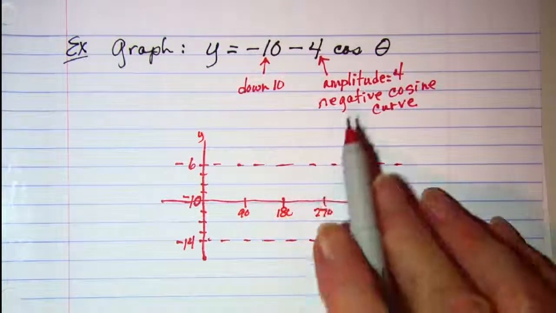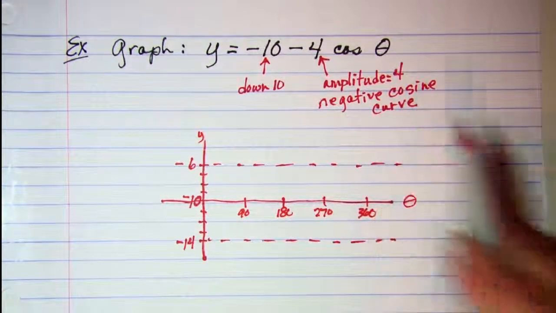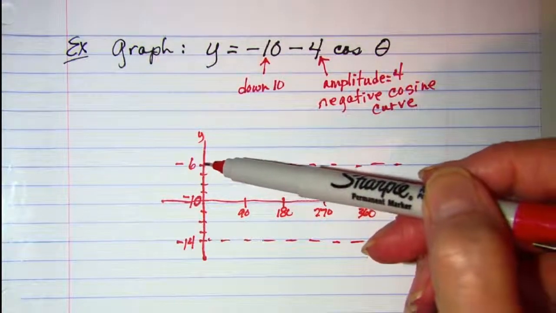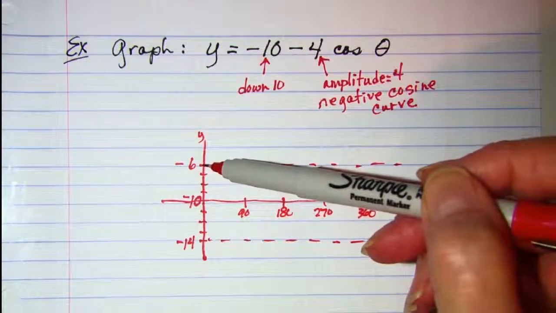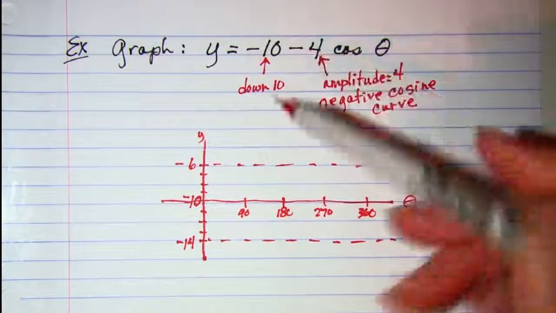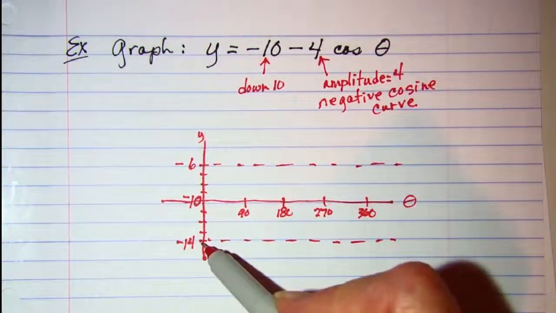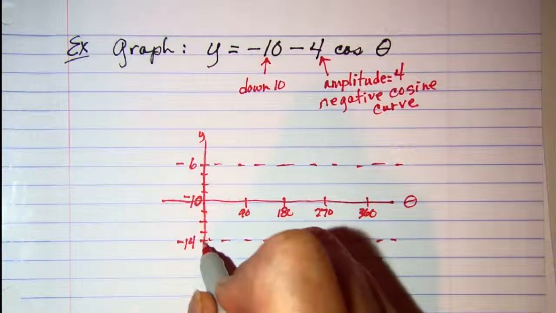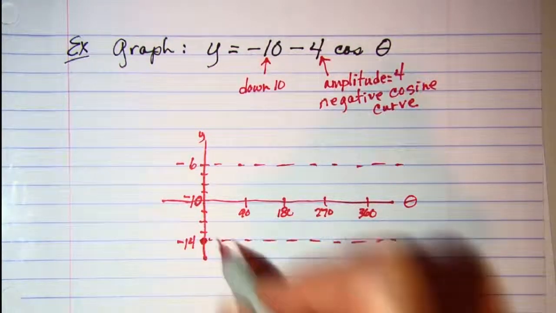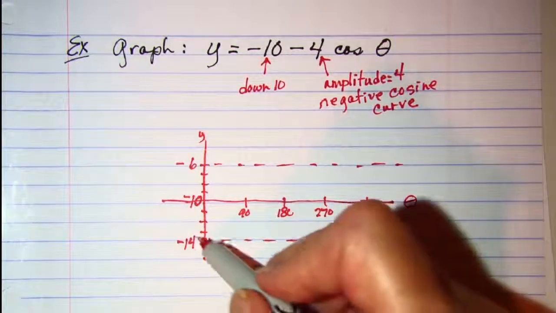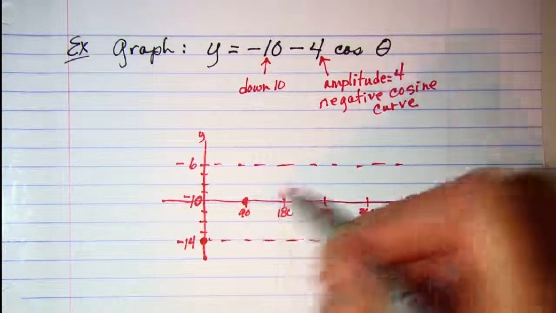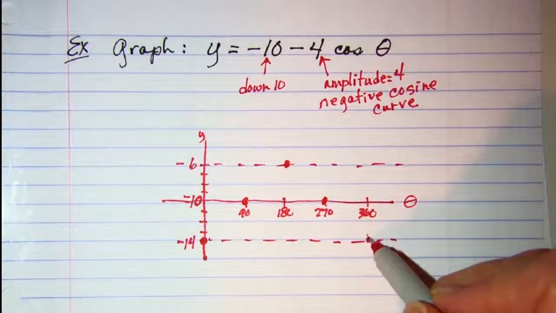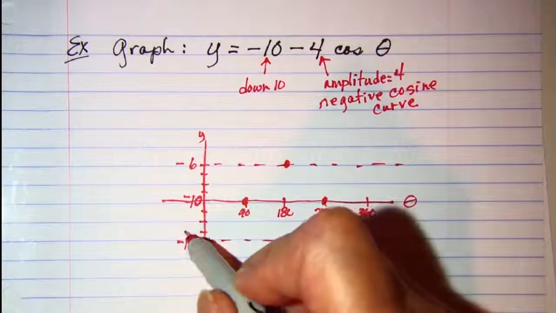Now, remember we had a negative cosine curve, which means that the normal basic cosine curve starts at a positive 1. But since this is a negative cosine curve, I need to start down here at negative 1. But it will be negative 14 in our case. So there's my minimum value. And then I'm going to come up and hit my axis, and then hit the maximum, hit my axis, hit the minimum. So my cosine curve looks like